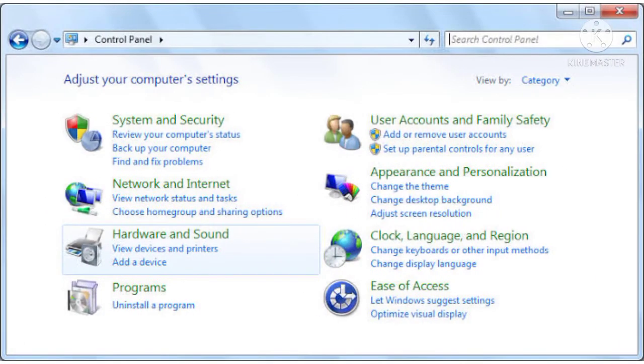Control panel. Control panel provides you the options to customize the appearance and functionality of your computer, adding or removing programs, etc. Number 1, click on Start button. Number 2, select Control Panel, which is on the right-hand side.